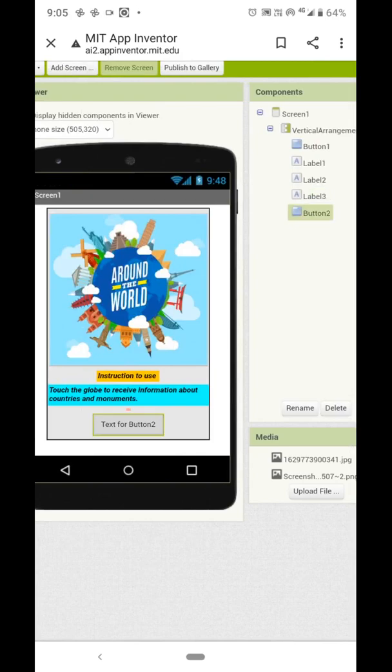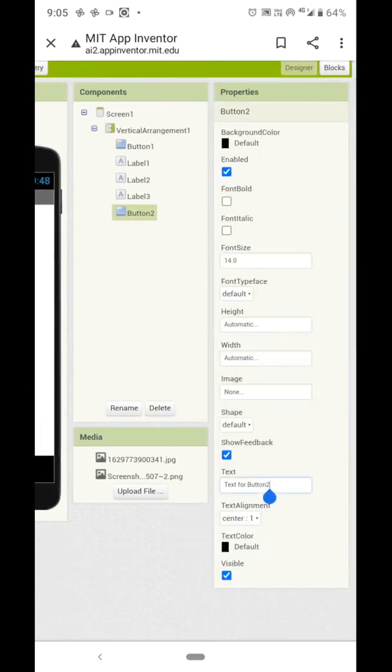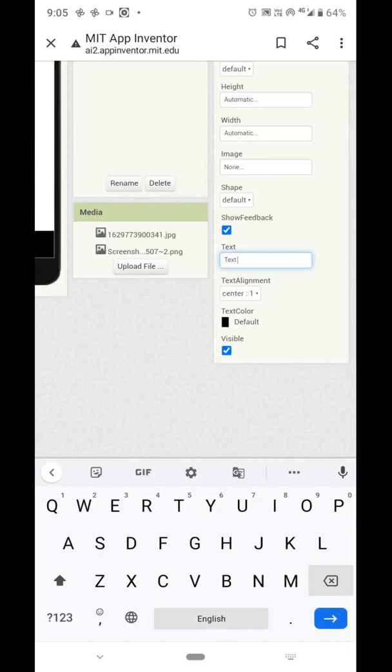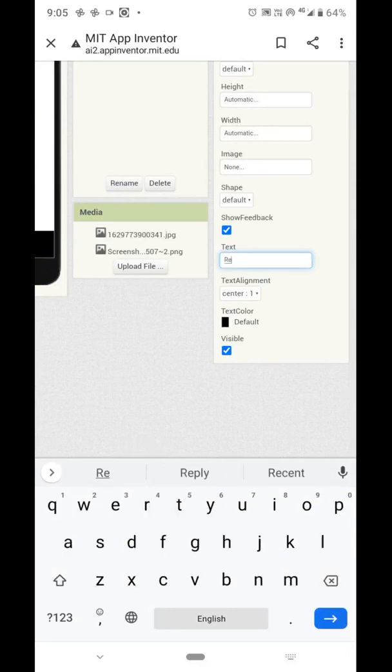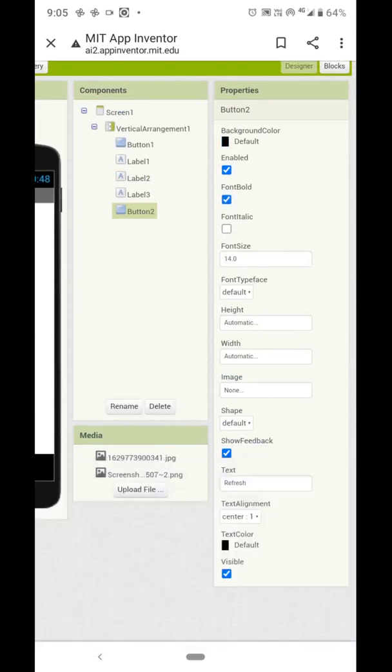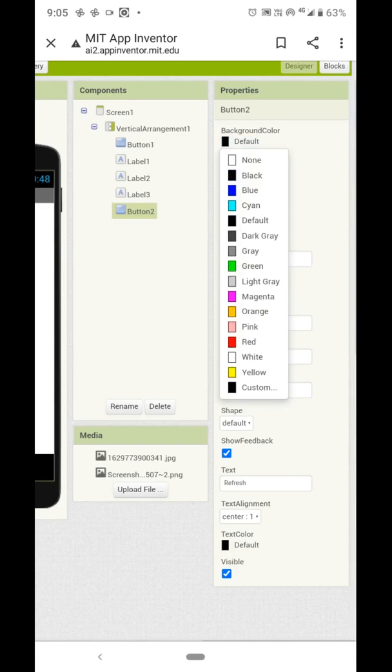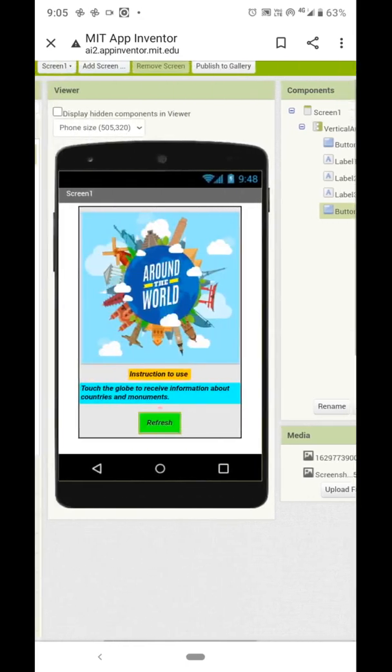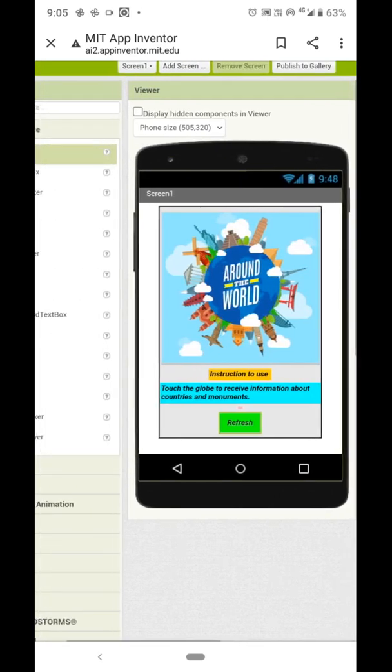Okay, and for button 2, just type refresh. Make it bold, italic. Change the background color to green. Okay, so this is all about our designing part.